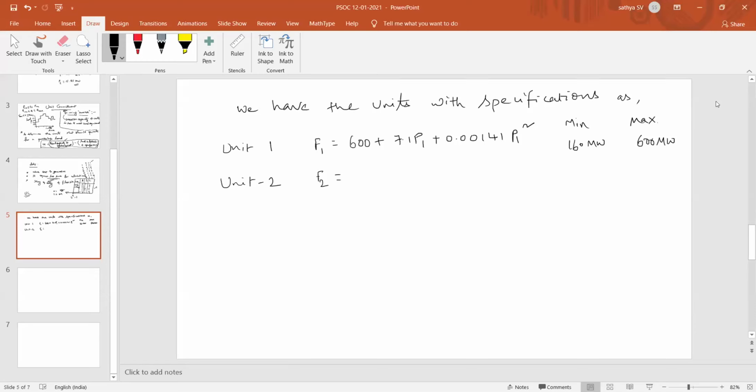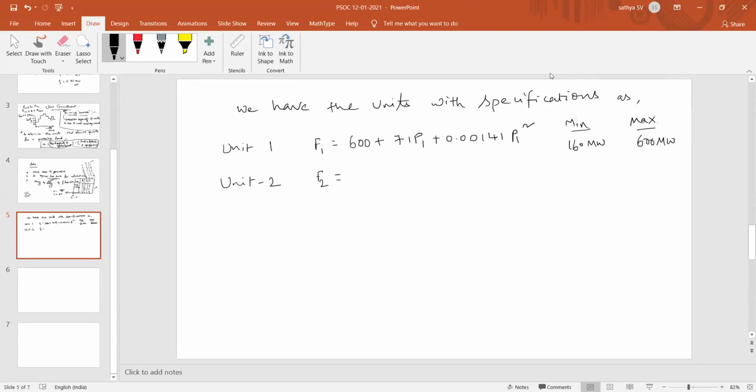All of you note down now. Suppose a plant has units with the following specifications. Unit 1: F1 = 600 + 7.1 P1 + 0.00141 P1 square. For unit 1 they gave a minimum and maximum generation, that is a minimum of 160 megawatts up to which it can handle the load,